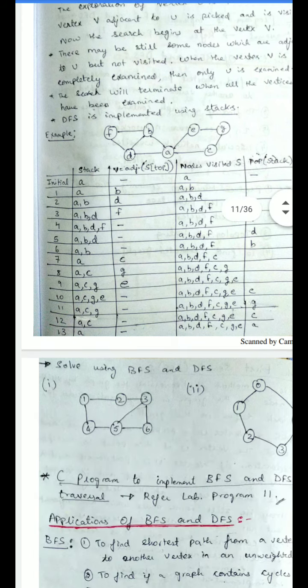In the BFS, what happens? I will be visiting all the neighboring nodes. In the DFS, what happens? One node I visit, next I go to a neighboring node, and from that again I will be visiting the next node. And when I have visited all the nodes, I go on deleting the elements one by one. Hence I will be using the concept of stacks. Okay, so I hope you go through both the explanations clearly.